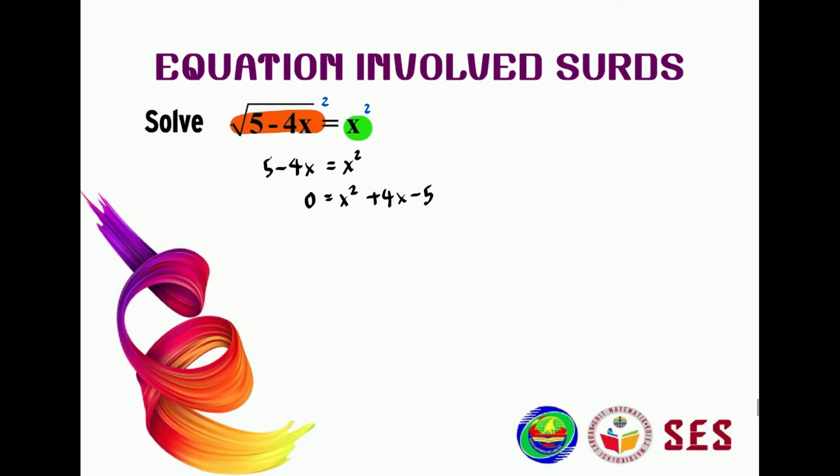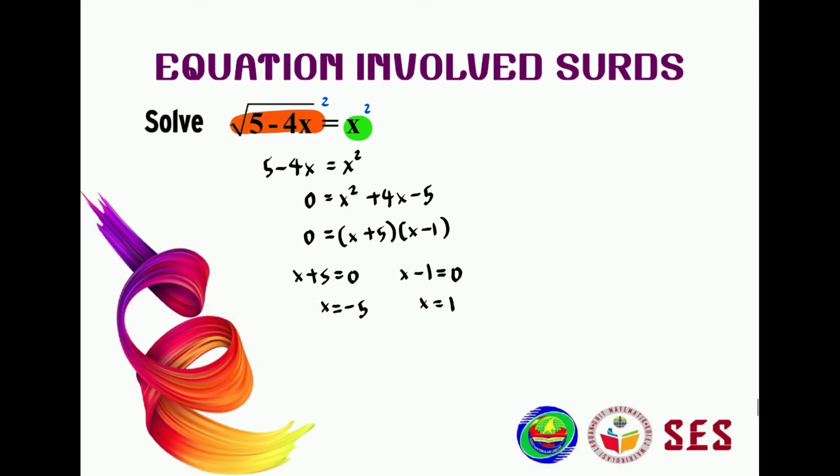And then we are going to factorize this. So we have 0 equals (x plus 5)(x minus 1). So we have x plus 5 equals 0, and x minus 1 equals 0. And from this, we have x equals minus 5 and x equals 1. Usually, this is the end of our calculation. But for this case, we need to recheck our answers. You can discuss why we need to recheck this case in your tutorial session. Hint, we do not recheck this because we have two different answers.